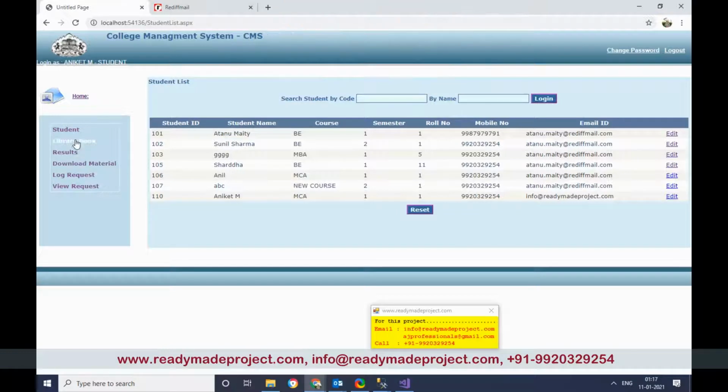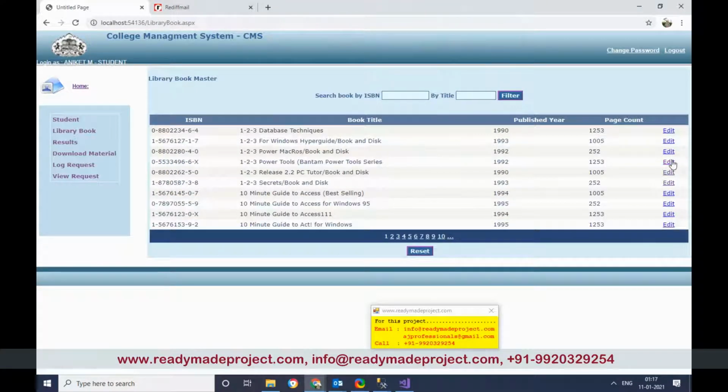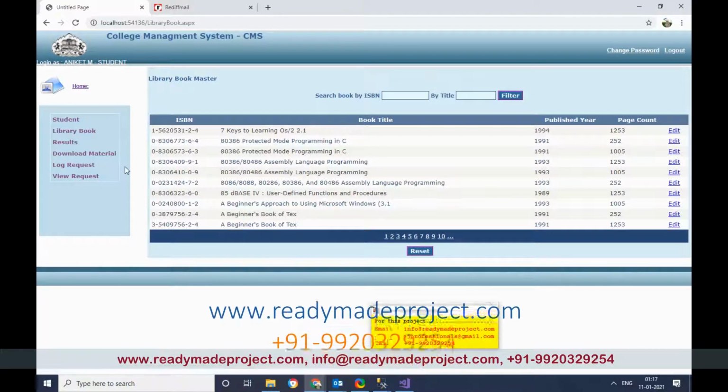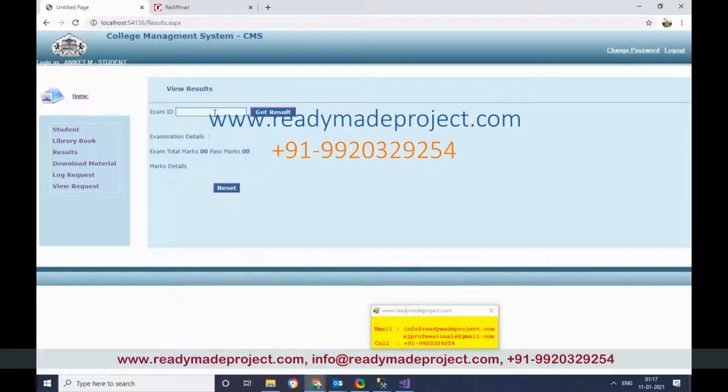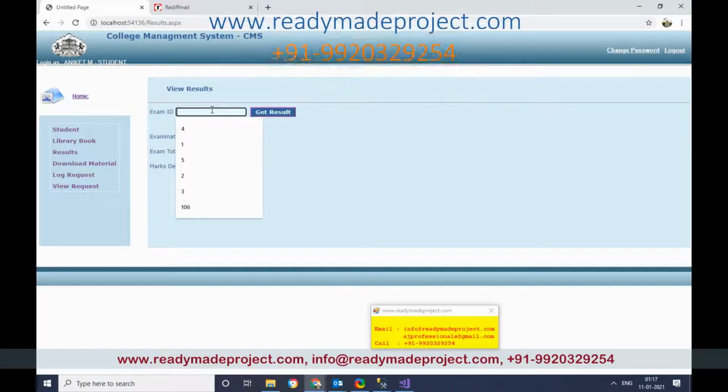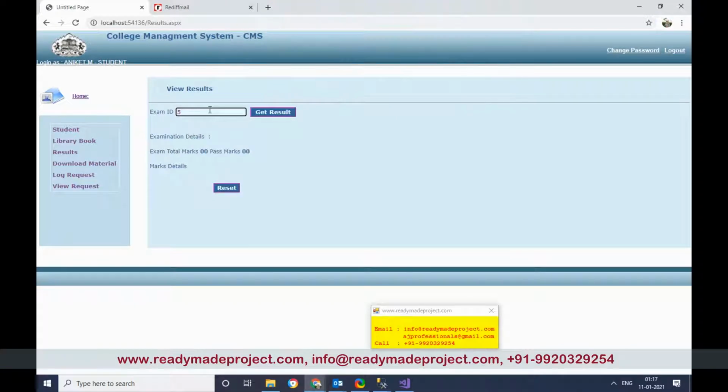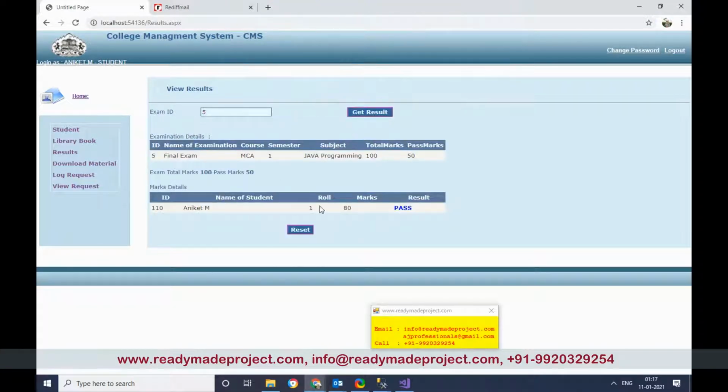In library book, he cannot edit anything, but he can view whatever books are available. He can just search and filter. In result, he can view his own result only. If he knows the exam ID, he can get the result, only his particular result, not another student's result.